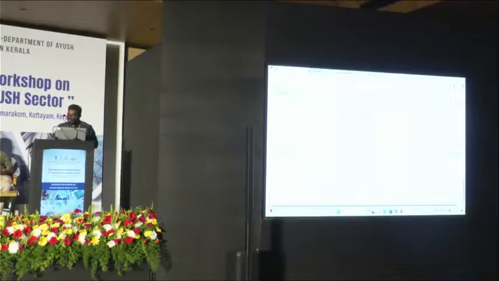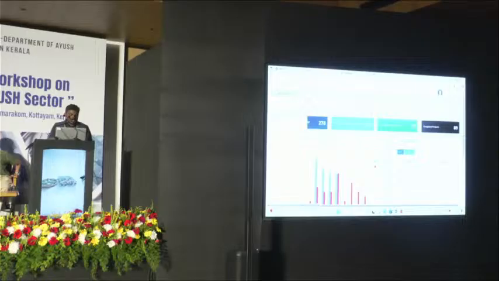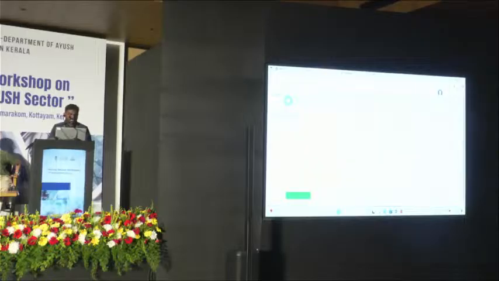Before that, this shows how a project enters into the ERP software. It is entered by the consultant engineer login. And here we have an initial dashboard. The initial dashboard has these types of data entry procedures.